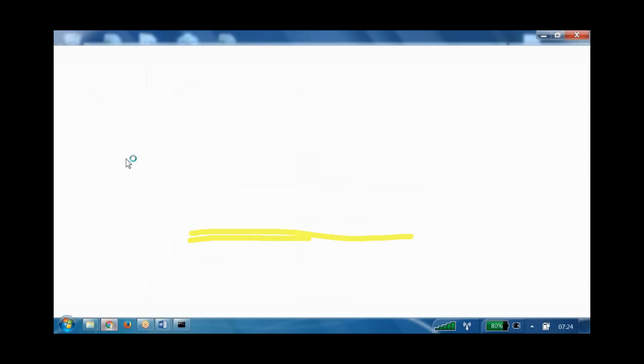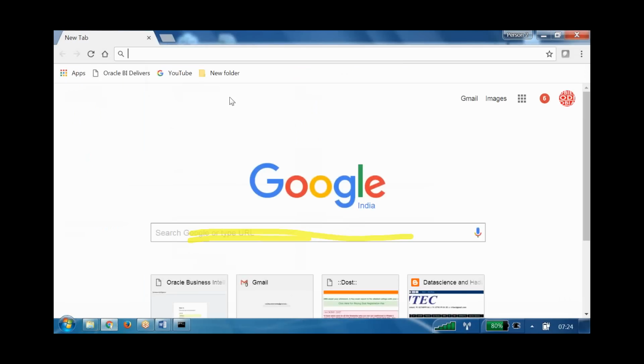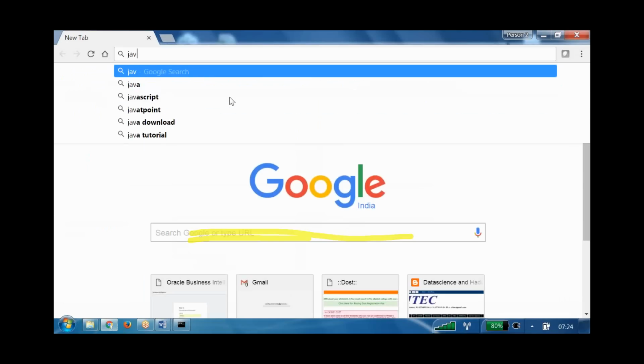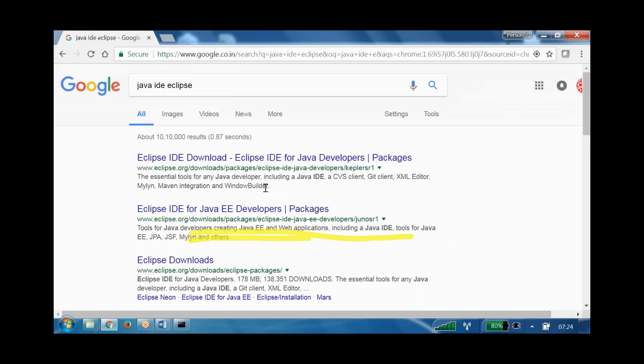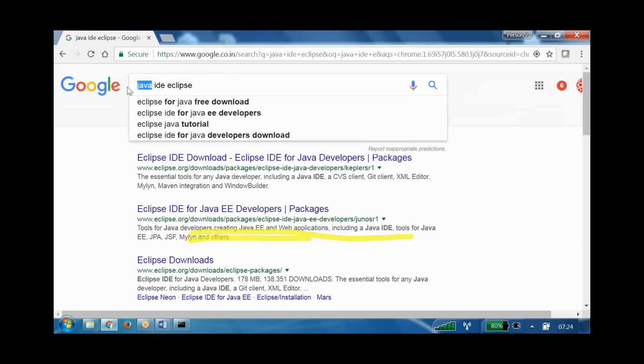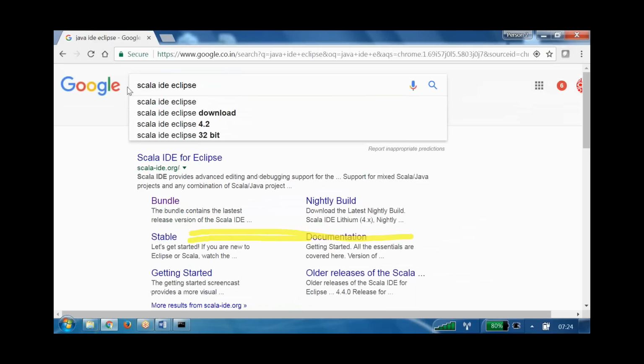Let us try to explain IDE. For example, for Java, we have Eclipse as the IDE. Similarly, for Scala also we have Scala IDE, Eclipse.